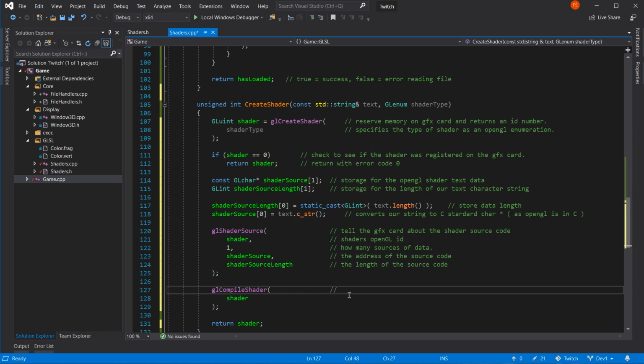I think you can get the hang of this now. What we've just done is I've asked the GFX card to compile the shader.